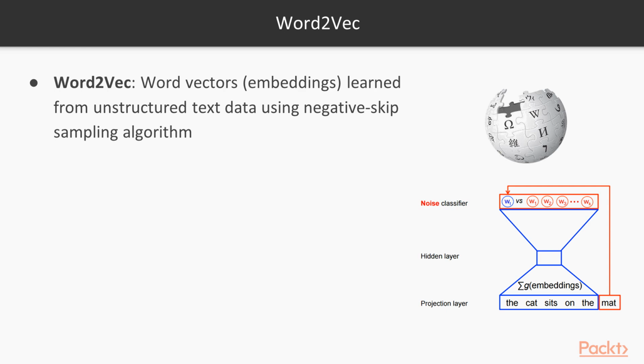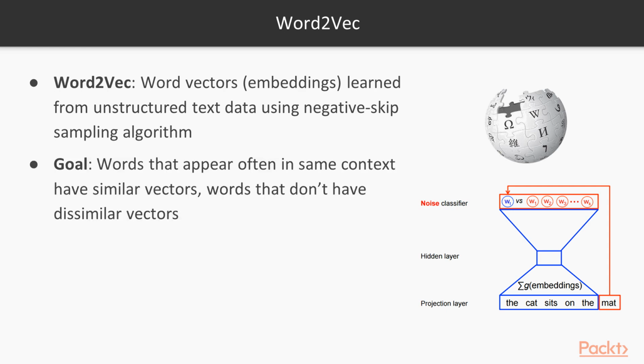So, Word2Vec. Word2Vec is an algorithm to learn word vectors or word embeddings. For every word in our given vocabulary, we want to learn a vector representation, or an embedding, that encapsulates a lot of the meaning of the word. The way Word2Vec works is by using what's called negative skip sampling. The goal of Word2Vec is that we want words that are similar to have similar vector representations. And the way we achieve that is we look at whether they appear in the same context, then they should